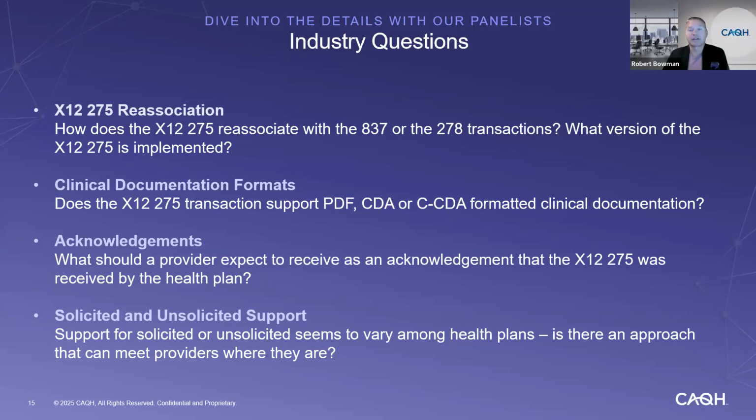Yeah, maybe I think you said a couple things that I maybe want to key off of. One is the importance of the PWK and what appears in the PWK and how that helps reassociate the transactions and the data that is returned by the provider. In the core rules, we call them common reference data. Here's a set of data that really can help reassociate that attachment with the claim,